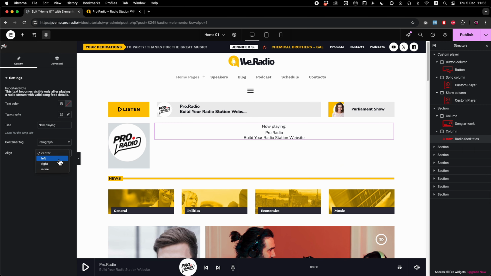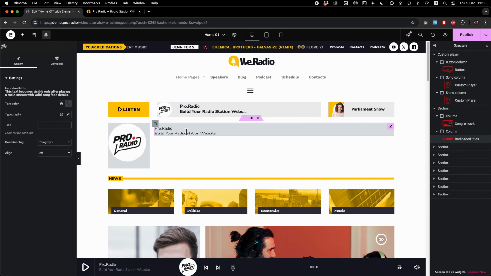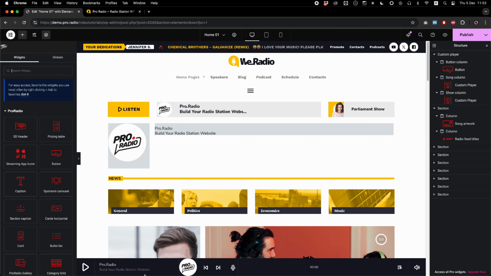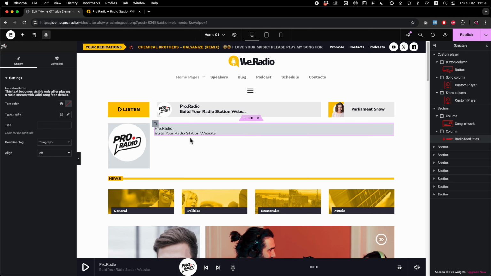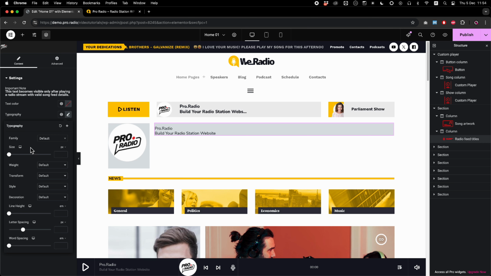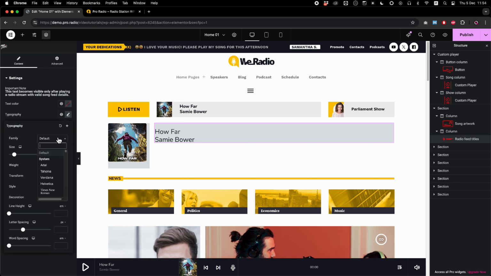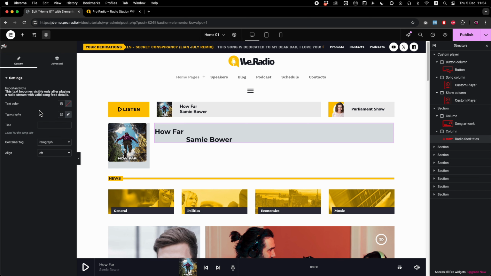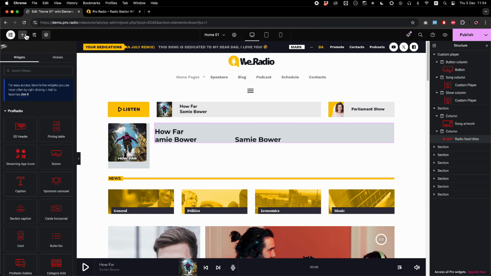Let's place it to the left, and I want to hide the now playing text, so we can just delete the title input field. And as you can see, the title is taken directly from the player, so this will display the current song title that is being loaded in the player. You can adjust the typography and select the font family from the dropdown. Let's put a Montserrat. Change the font weight. We are going to set it to bold. And yeah, as you can see, the title is scrolling